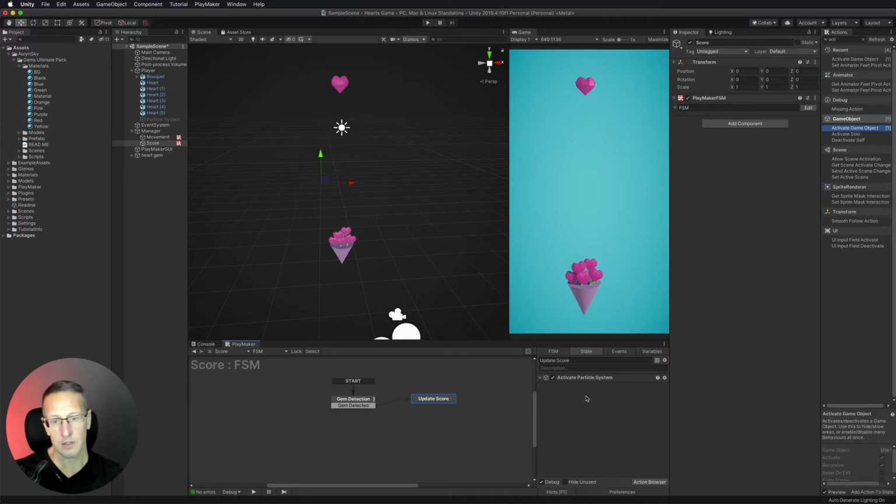The next thing I need to do is set up some kind of scoring system. So within our variables, let's go ahead and add an int type of variable. So these are whole numbers. Let's call this score total. Okay, so we've got that. So currently it is at 0.